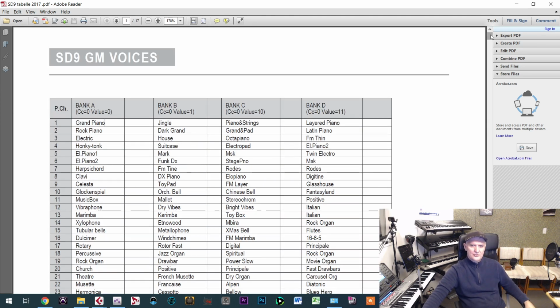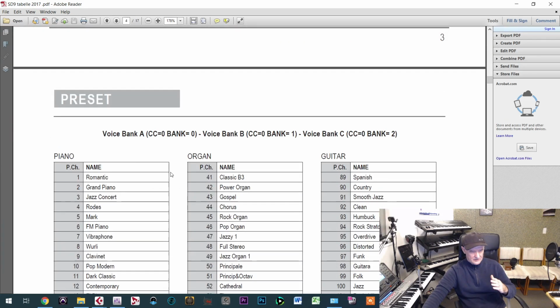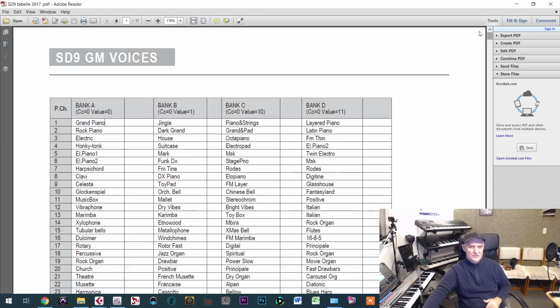Besides the sounds, you will find presets as well. That is the preset list. There is something different. But let me first explain what those sounds are, where we can find them, and what presets are for. Then you will understand the difference between this list and the list of the sounds. Now,